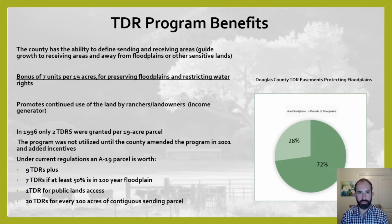Through the program historically, in 1996, only 2 transfer of development rights were granted for a 19-acre parcel. And therefore the program was not utilized until the county amended the program in 2001 and added these bonuses. Once again, just to recap some of the bonuses, under the current regulations, an A19 parcel is worth 9 transfer